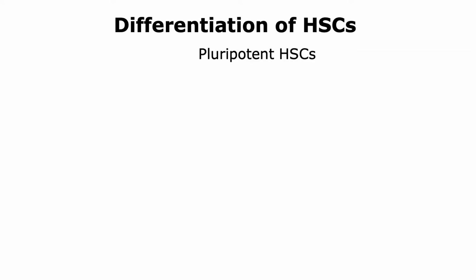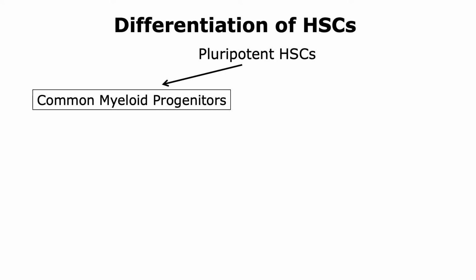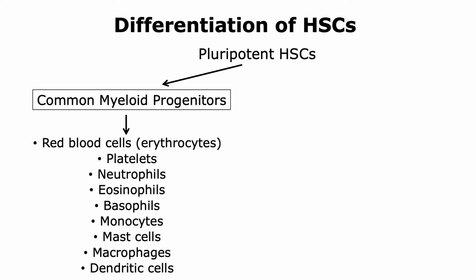The pluripotent hematopoietic stem cells undergo differentiation to form all the cells found in blood, which include the immune cells. So one pathway is that the pluripotent hematopoietic stem cell can undergo differentiation to form a common myeloid progenitor. This common myeloid progenitor cell can undergo further differentiation to form different cells of the myeloid origin. These include the red blood cells and platelets, as well as neutrophils, eosinophils, basophils, monocytes, mast cells, macrophages, and dendritic